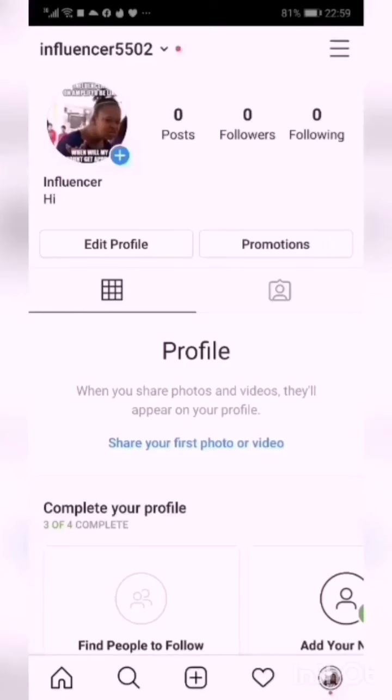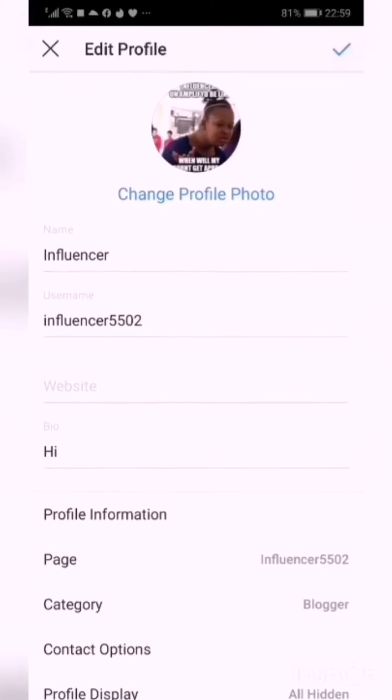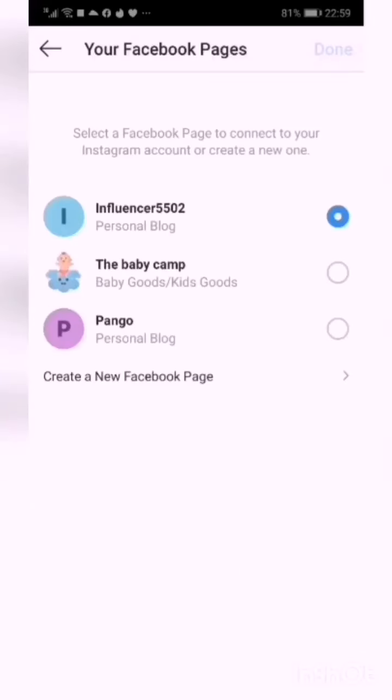Alright, now once you've got a creator or a business account made, the next step is that you have to make sure that it is connected with the Facebook page, and that too is super simple. Tap on edit your profile, and down below you got a page option. Tap on it and it takes you here. I've already got a page connected with it, so in case you don't have a business page, you can always create one by tapping on creating a Facebook page, and it automatically connects with your